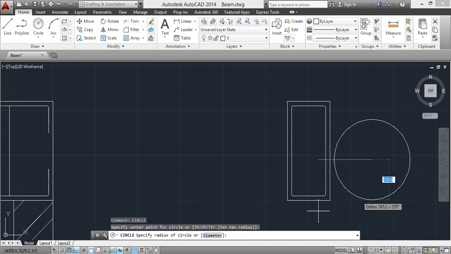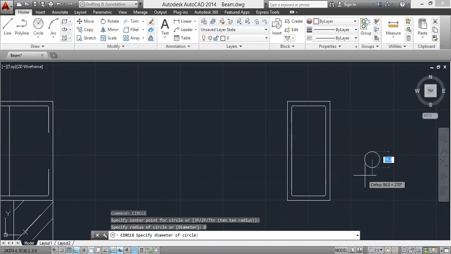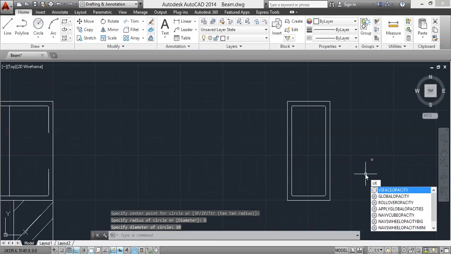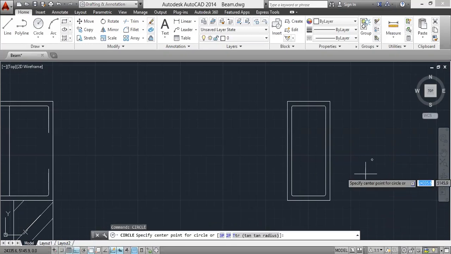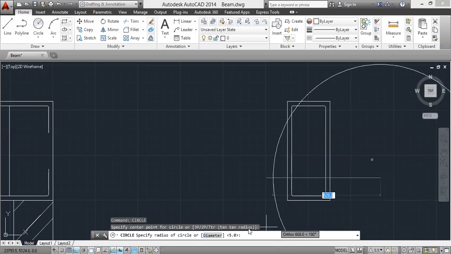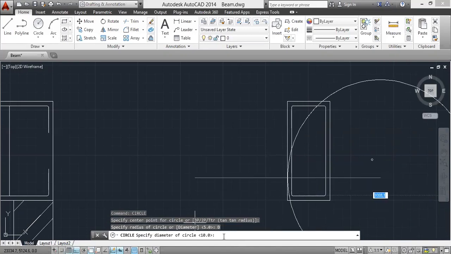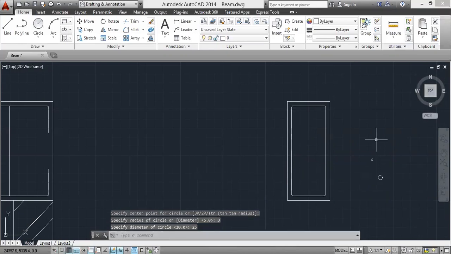Clicking on it, I'll be giving the diameter.